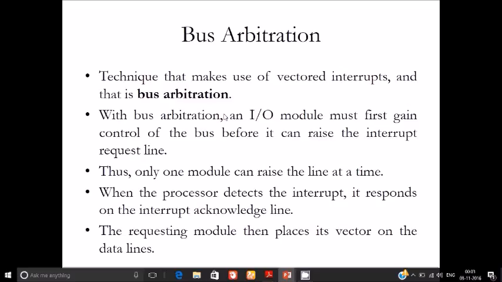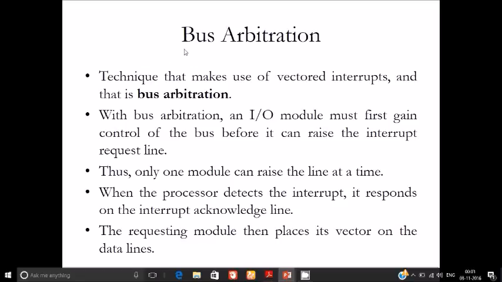And bus arbitration. This technique makes use of vectored interrupts. In bus arbitration, an input output module must first gain control of the bus before it can raise the interrupt on the request line. Thus only one module can raise the line at a particular time.